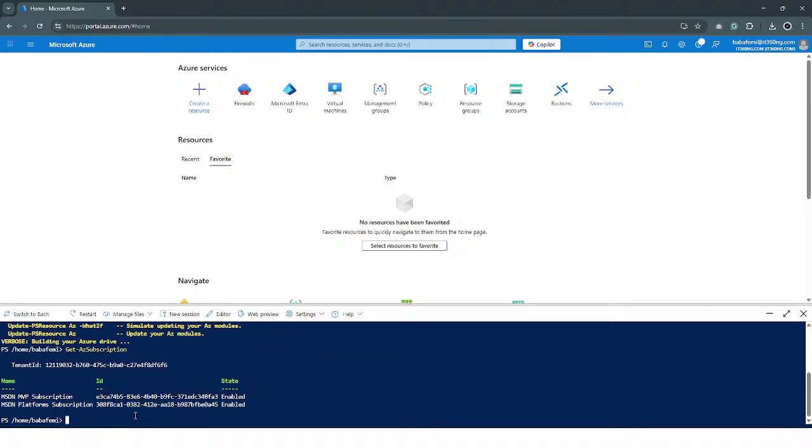Yep. And I do this, and it's just going to list everything within this particular tenant. I can do that to create a new subscription also. If I want to create a new virtual machine, anything I want to do. But for now, I'm just going to be using the get. So when you want to create a new resource in Azure, we've got this